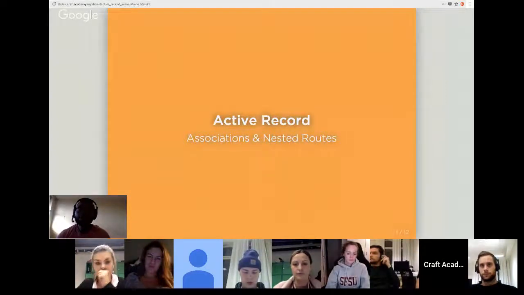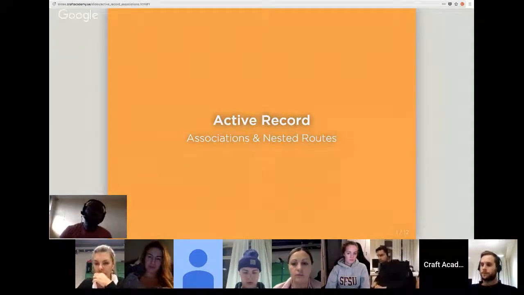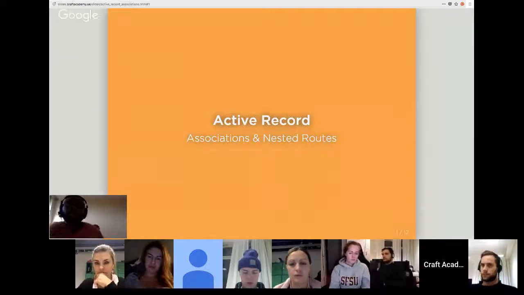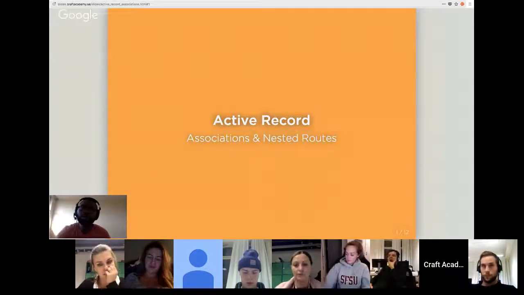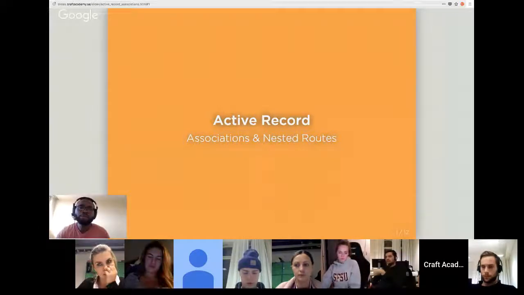Associations using Active Record. How do you connect two models together? And to finish off this talk, we will cover the concept of nested routes within Rails, which will allow us to create resources that are linked to another resource. Okay, we'll see that in just a moment. But first of all, let's talk about the various types of associations we can set up for our models with